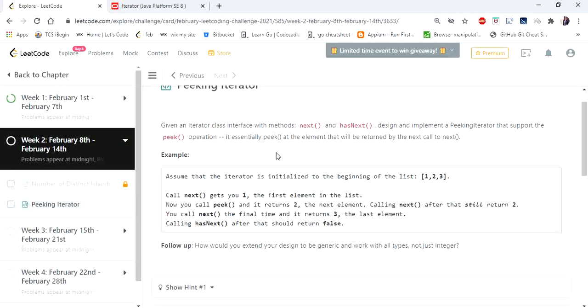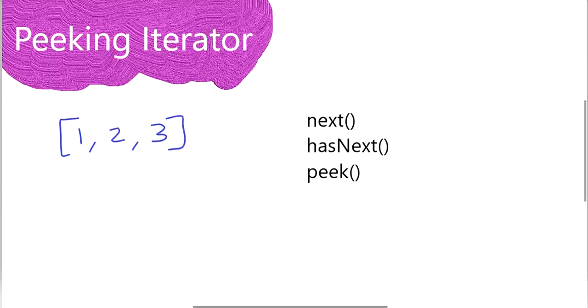Let's understand this concept using an example. Here are the three methods our code is going to perform. First, let's see the next method. The next method returns the current value and moves the pointer to the next value.